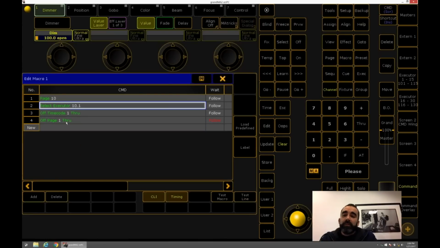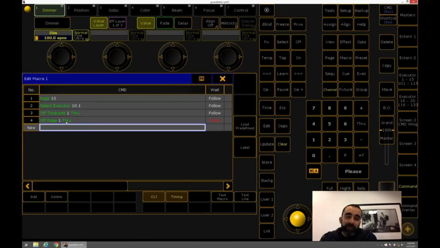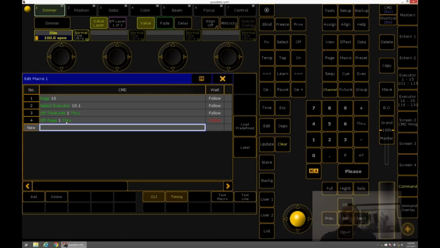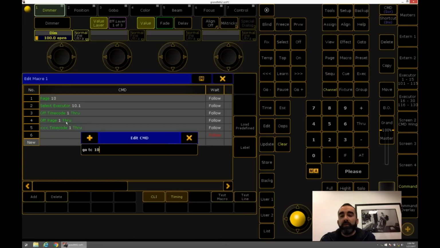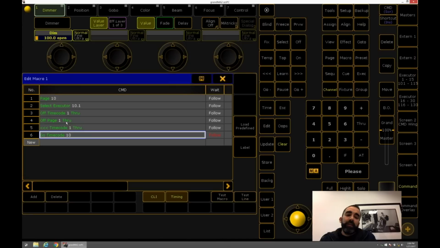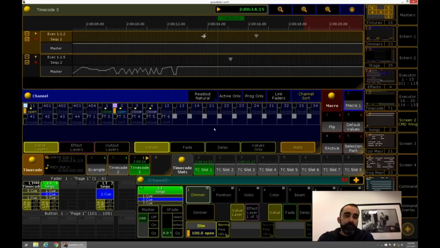So you go to page 10, you select executor 10.1, maybe off timecode should go at the top. Different orders. It's just a matter of how you program your show. How do you want the workflow to look? Make sure you rewind your timecode shows. It's always good to get them at the beginning. And then since maybe timecode 10 is associated with the song on page 10, you would say go timecode 10. Now that object is waiting for that signal from the audio guy, so when the audio guy hits go, your song starts playing. Put a little wait in here, 0.03 is good.